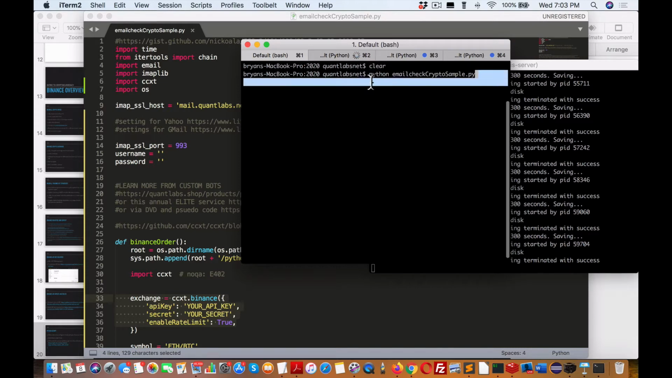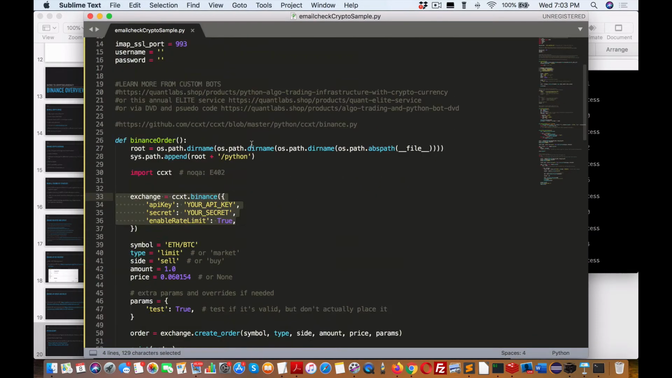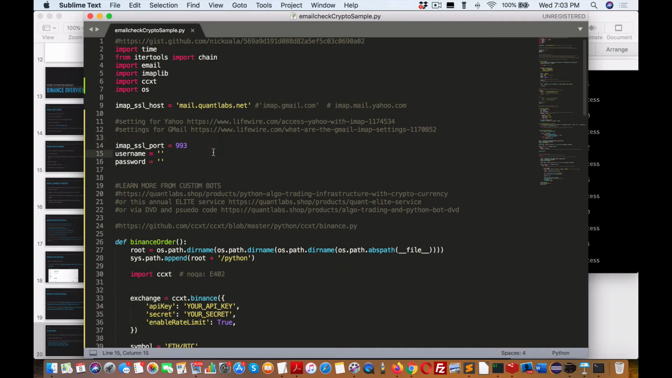So again, before you run it, what you need to do is to set up your email. Now, everything's in the comments here. A couple of notes here. So when you set up your email, you could use a custom server, in my case, my own domain, quantlabs.net. You could also use Gmail, and you could also use Yahoo. So you get your own dedicated email, and when you register, make sure that your email matches up to this email to get the signals. So in that case,